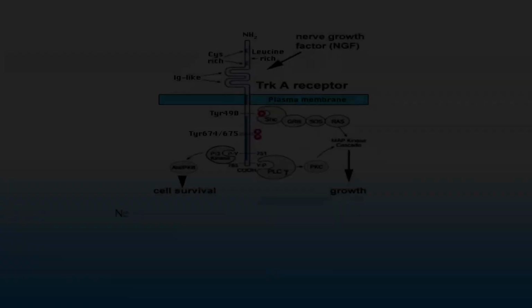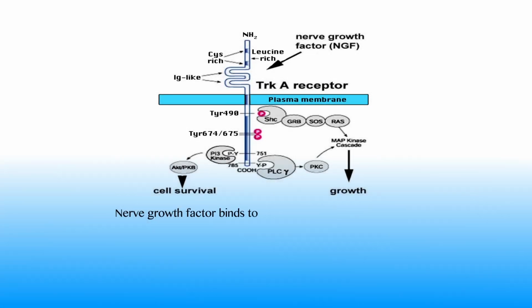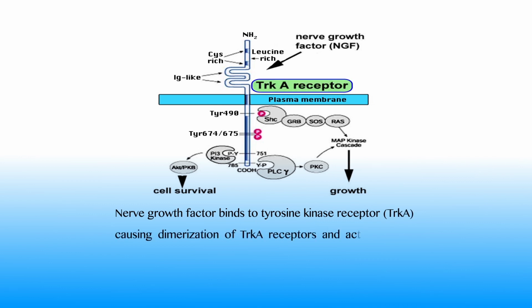Nerve growth factor is a member of the neurotrophin growth factor family and is essential for different physiological roles including differentiation, survival, and connectivity of synapses of sympathetic and sensory neurons. Nerve growth factor binds to tyrosine kinase receptor, causing dimerization of the receptor and activating the intrinsic tyrosine kinase